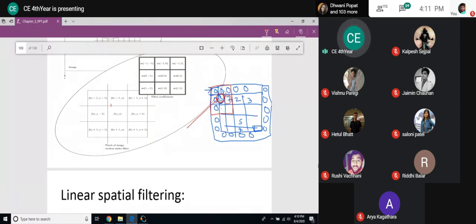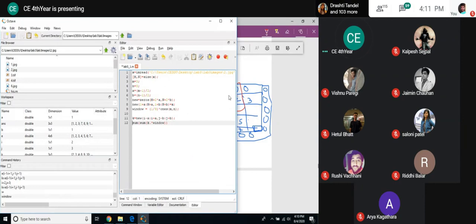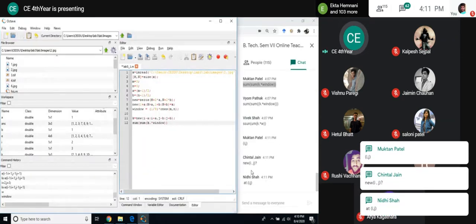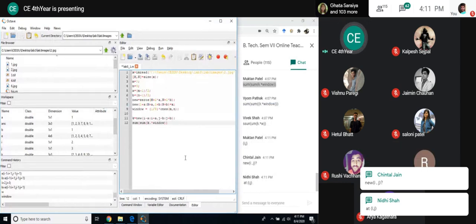I will go for i minus 1 neighbors on this side, i plus 1 neighbors on this side, j plus 1 neighbor on this side, j minus 1 neighbor on this side, and then I will take this neighborhood. And then I will have the window, and the element-wise multiplication and summation should be replaced here. Tell me where I should replace. Yes, at ij. You are going to replace at new ij.